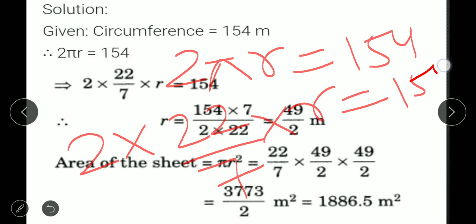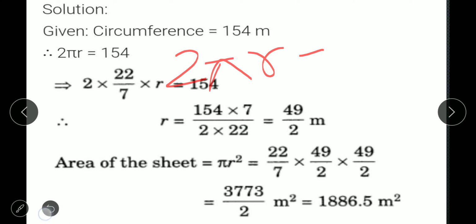Now what you have to do is cross multiplication. Cross multiplication means that whenever before and after the equal sign you have numbers in multiplication and you have a variable whose value you have to find, you leave the variable alone and arrange the numbers according to cross multiplication. You have to do cross multiplication here.